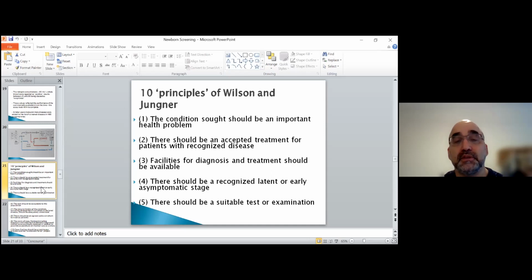a cheap way of treating. Facilities should be available. That's the infrastructure, which is very important. It has been set up now in the UK, and I know it is in Sri Lanka as well, so that is not a problem. However, you should consider the platforms that you have for doing the tests. If the platforms are very expensive to do the tests, it may not be feasible to introduce it.